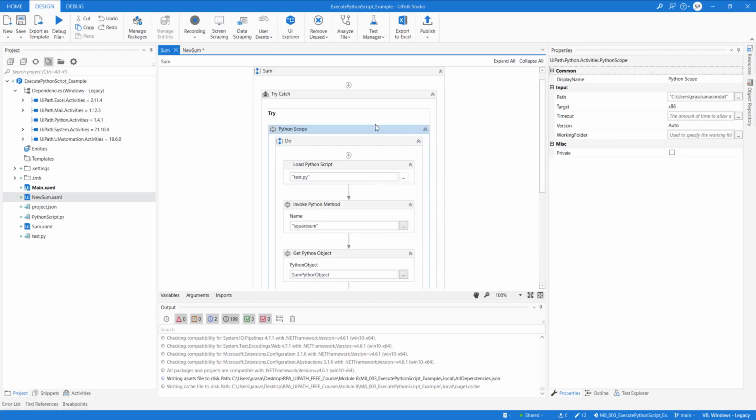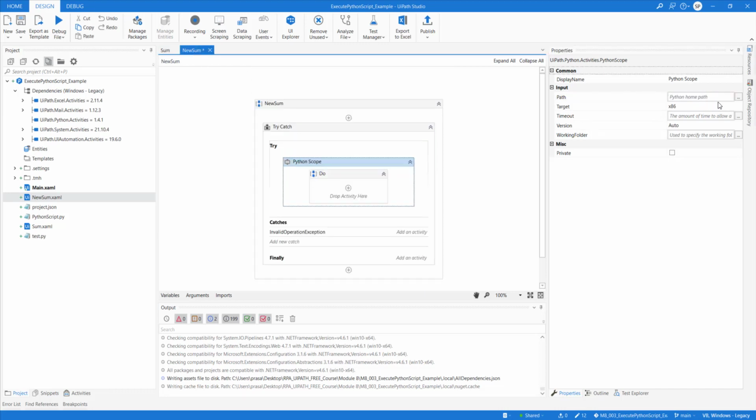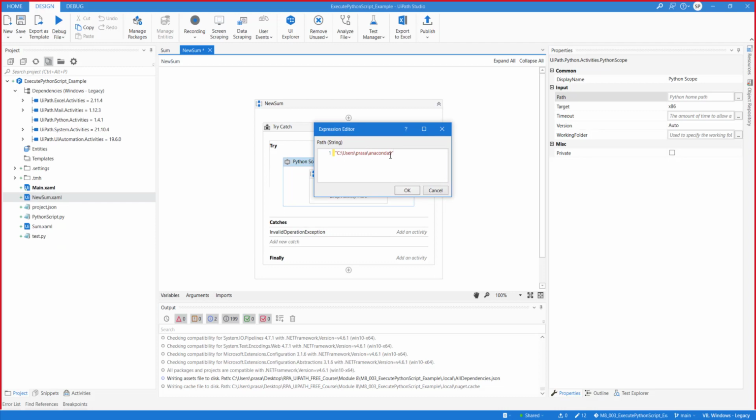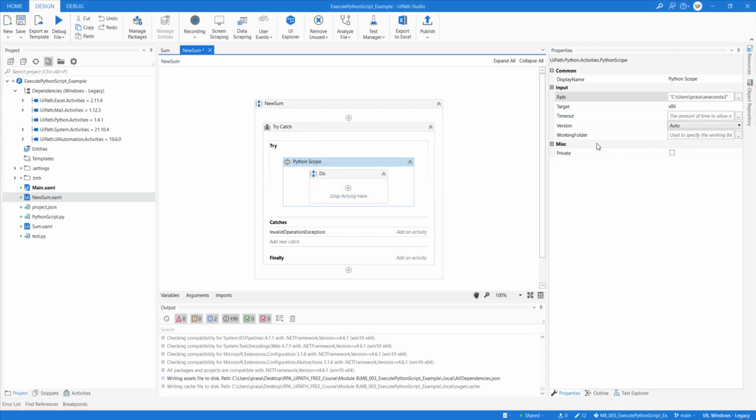So let's copy the Python path where I have installed Python. On my machine, Python is installed here. You need to give the Python path as a string. And look, I am not giving the complete path. I am giving the path where Python is installed, the directory itself, not the exact path of the Python exe. I have seen many candidates give the path of the Python exe and then it fails. So you have to give the Python directory path.